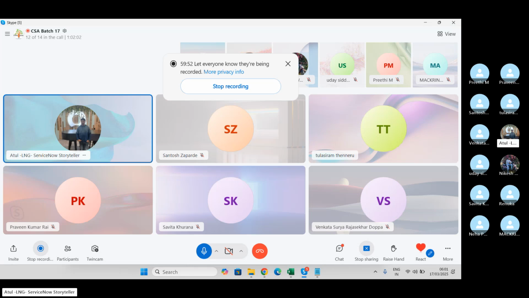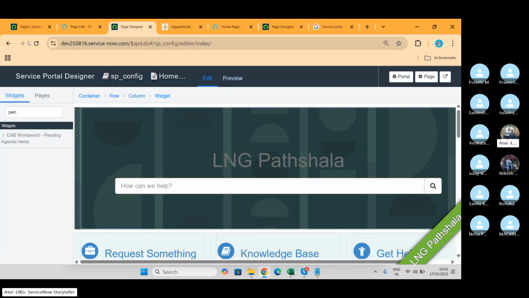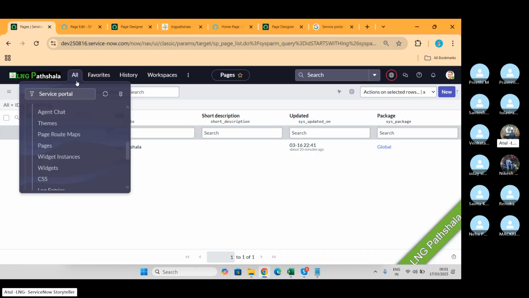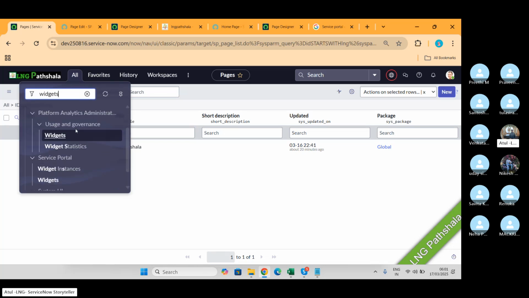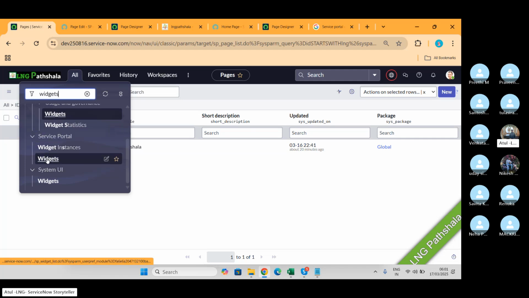So this is about portal and the portal configuration. Widget, pages, branding, everything. Explore the widgets. There are multiple widgets. If you want to go back in the native, you can search widgets. देखो ये